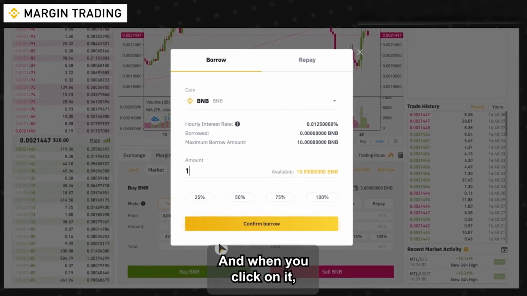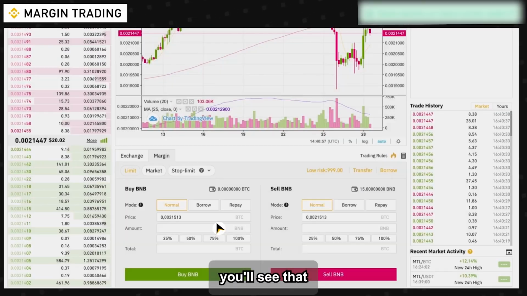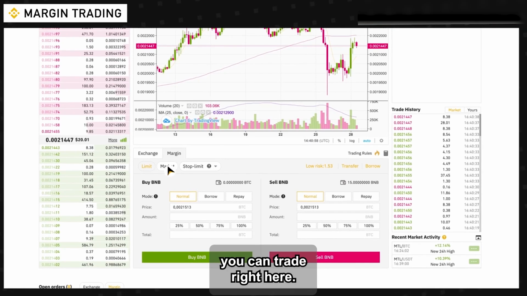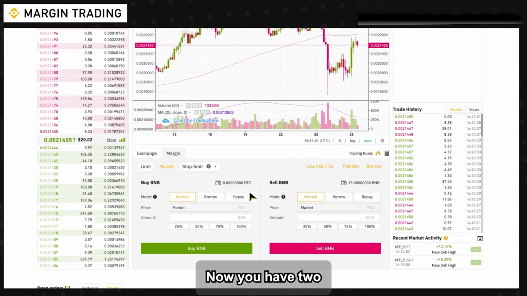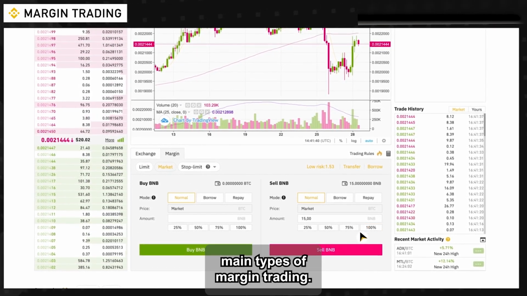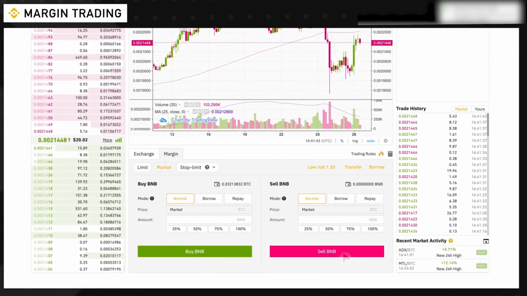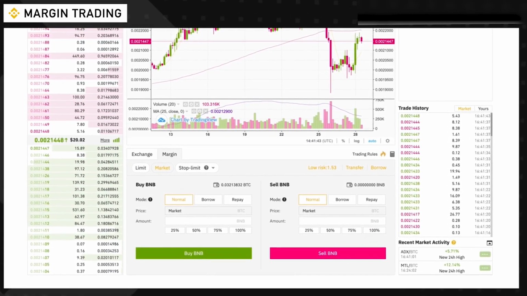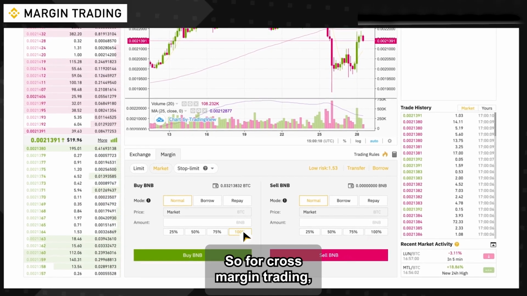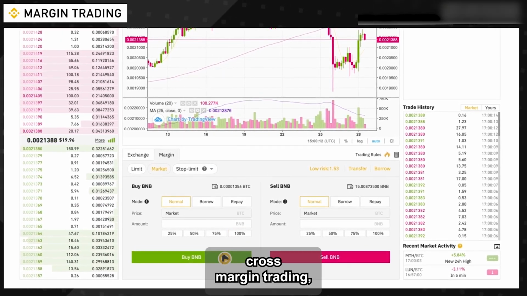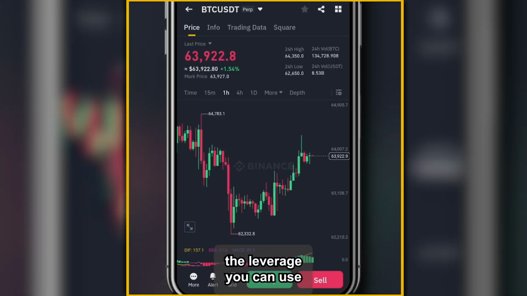They're pointing to, and when you click on it, you'll see that there are different tradings that you can trade right here. Now, you have two main types of margin trading. You have cross-margin trading and isolated margin trading. So for cross-margin trading, if you click on cross-margin trading, you'll see that the leverage you can use for all